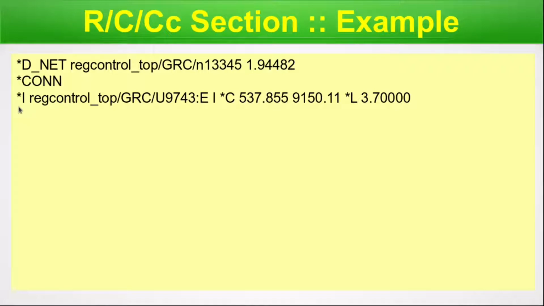Here, this I refers to the internal pin. The pin E and the total hierarchy up to E is also included in the name. The next field I, here you can see the I, means it's an input pin. The next field *C means that the next two fields are X and Y coordinates. So this is the X coordinate and this is the Y coordinate. The *L means we have a loading value. The next numerical value is the load value of the pin. This is the input load of this particular pin.